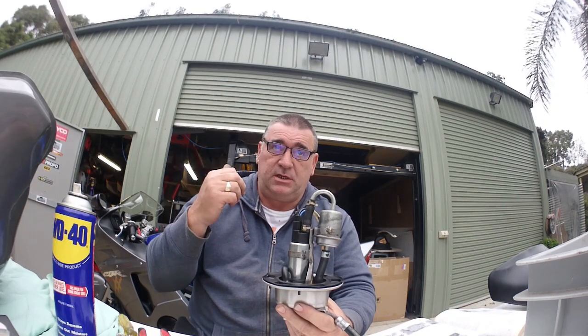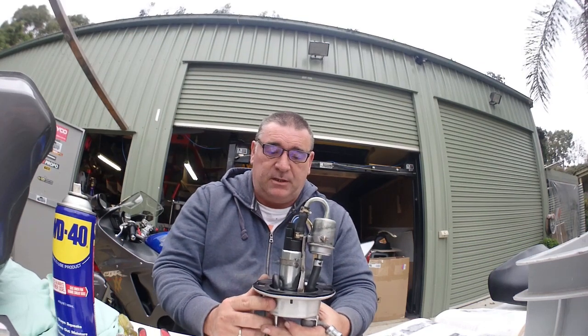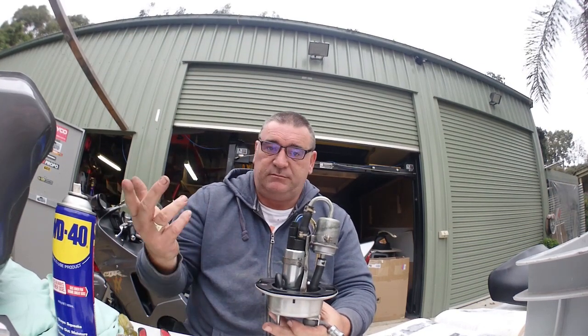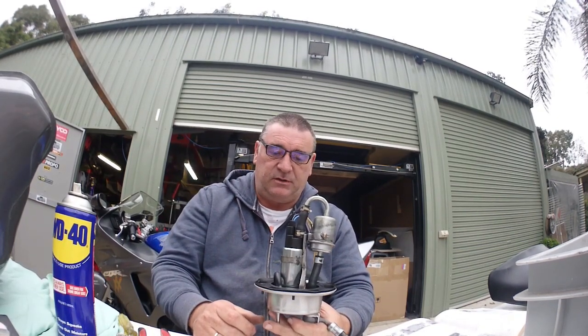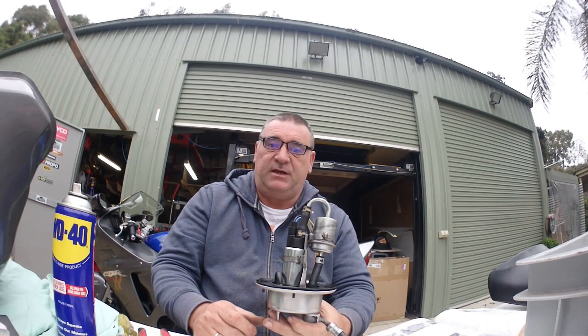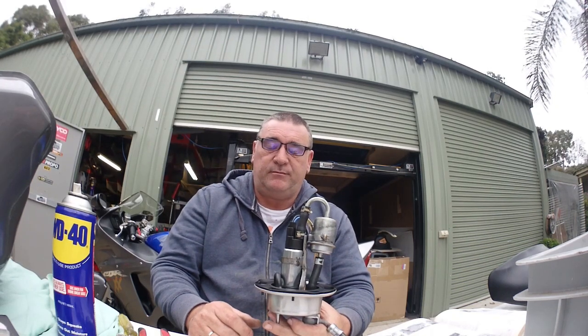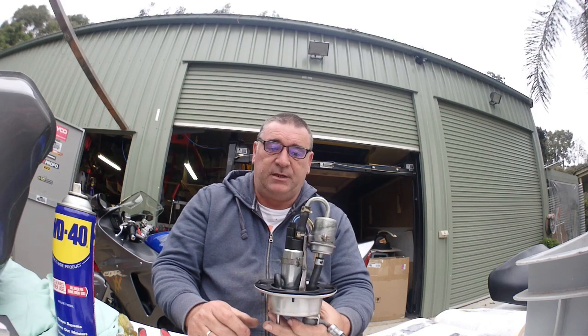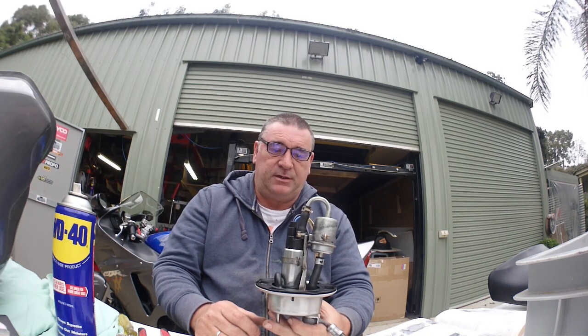And as soon as the gentleman, the guy that Lucas bought the bike off, Albie, tried to start it for Lucas, to fire it up so that when he got there it was going to work and he could have a look at the bike, he found out that it wouldn't run, and he thought that the battery might have been a problem, so he put a new battery in it for Lucas, but it was still nothing. So basically we loaded it on a trailer. He bought the bike, loaded it on a trailer, brought it home,